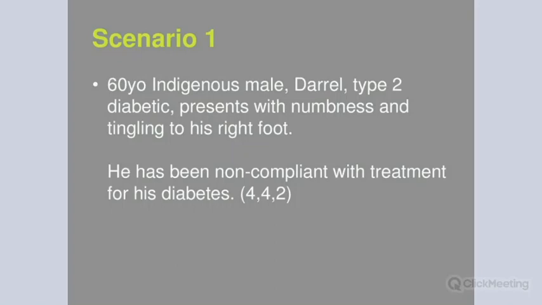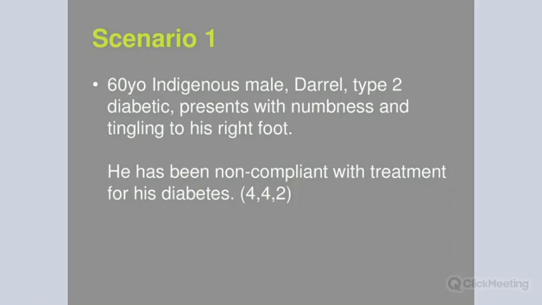With regards to management, he would need adequate control of his diabetes and doing a chronic disease management plan for him to be hopefully able to see the diabetes educator, the podiatrist and dietitian would be helpful. Involving the ALO or the Aboriginal Liaison Officer and the diabetic educator in the consultation would be quite helpful. Getting the pharmacist involved to give them a bit more information about the medications, the benefit of using them, and